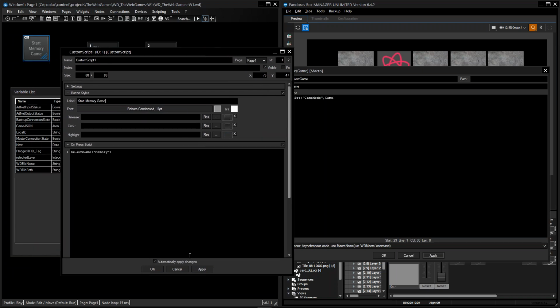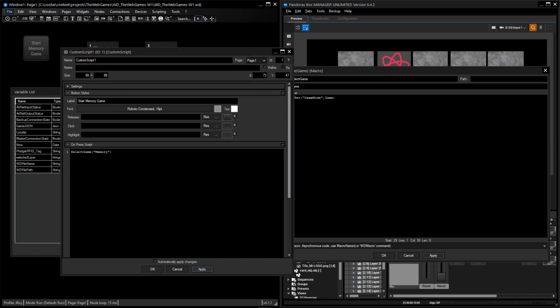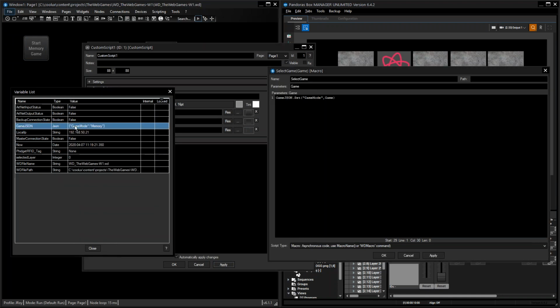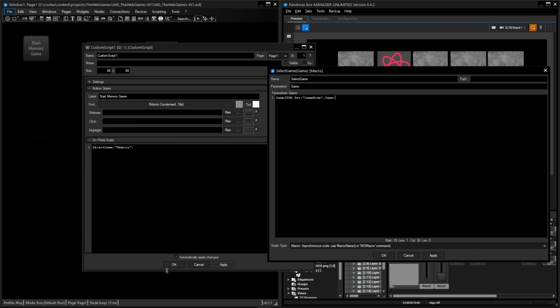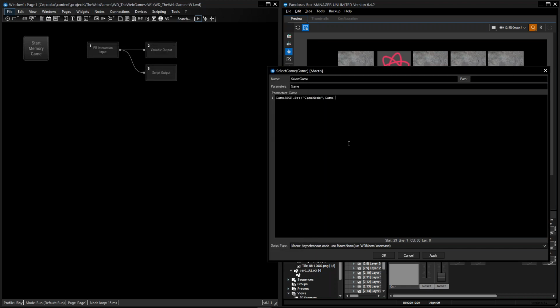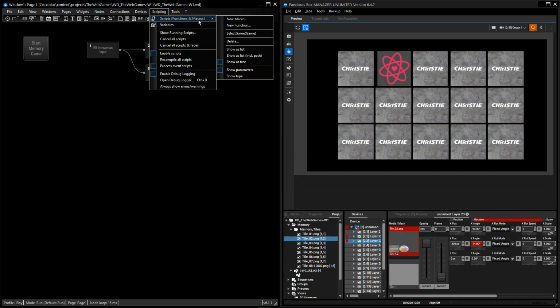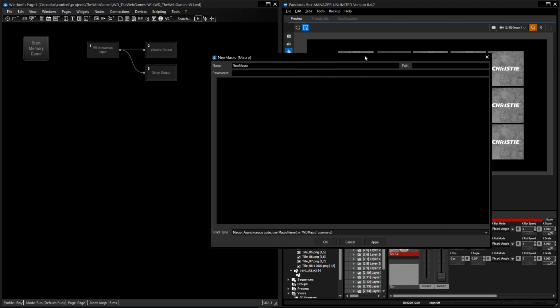Start memory game, apply. Now when we click on this button, it will activate this macro and assign the data memory to the object game mode inside of the JSON variable. Now we need to start initializing some more of our data that we're going to need to store inside of our